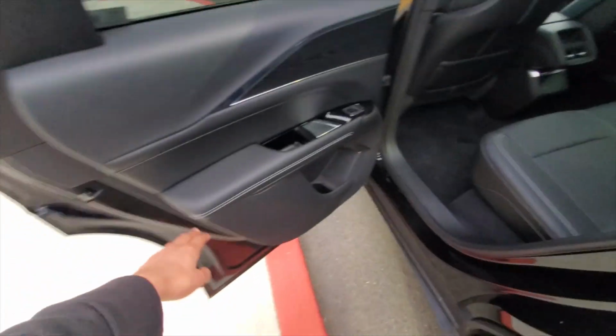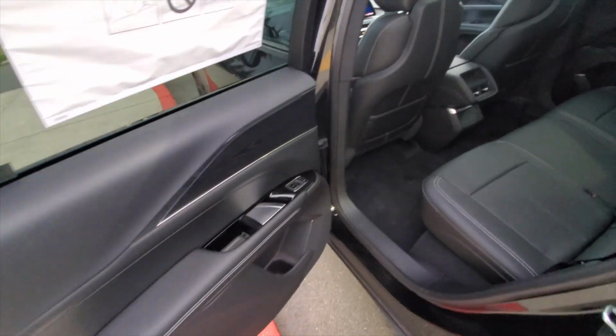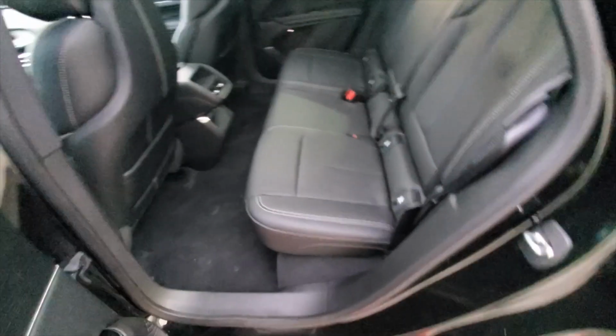Nice materials throughout, stitching down here as well. Looks really good. Also this beautiful looking wood as well. Feels and looks nice. Here are the seats, by the way. And let's go ahead inside the Lyriq and shut the door. And in here,